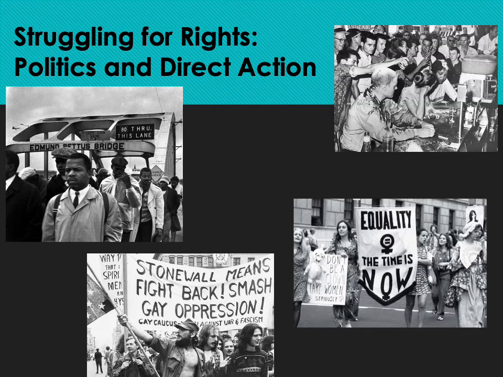On the upper right-hand side, that is a photo from the early 1960s, 1963, and that's from Jackson, Mississippi. Another direct action that people took was challenging Jim Crow laws, where that's a famous Woolworth counter photograph where African Americans, and you see that there was a white ally that was with them, they would go and they would order lunch at the Woolworth lunch counters, and they were denied service.